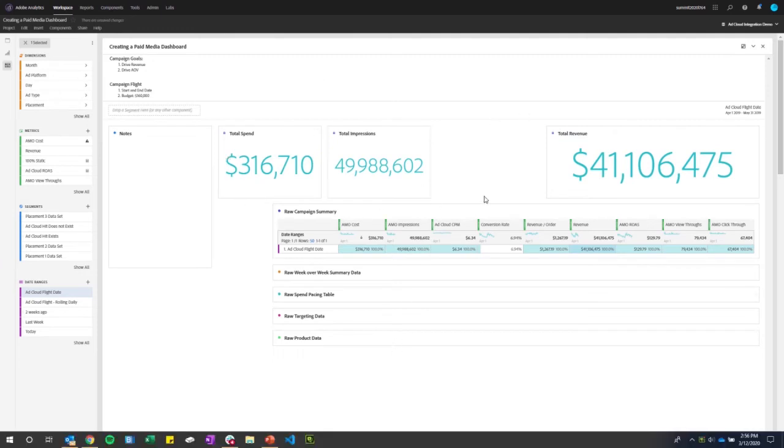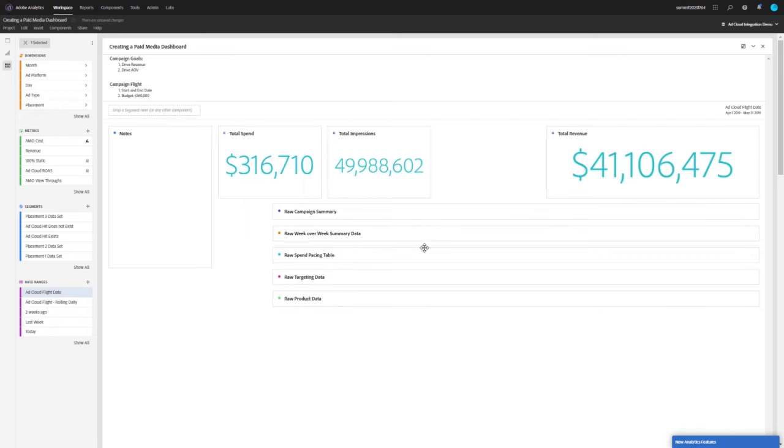So what I have on top here are just summary numbers. What I want to start to maybe do is trend this out a little bit. So I typically like to keep things in the same column. So I'll have my spend here, but then I'll have my spend changes week over week. I'll have my impressions here, and my impression changes week over week. So let's do that. Let's open up our raw week summary data,